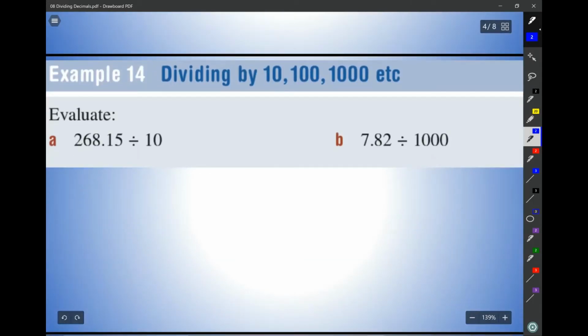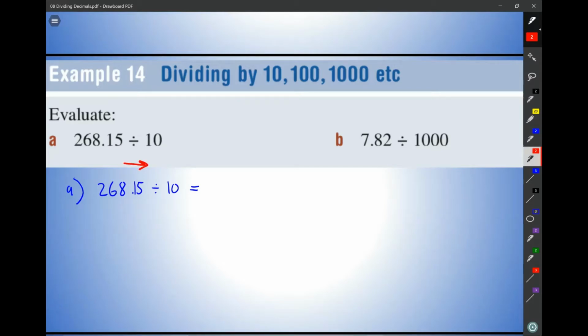Okay, moving on now to dividing decimals. And this is another really important skill. How do we divide by 10, 100, 1,000 and so on? Now, if when we were multiplying, we hopped our decimal in this direction,